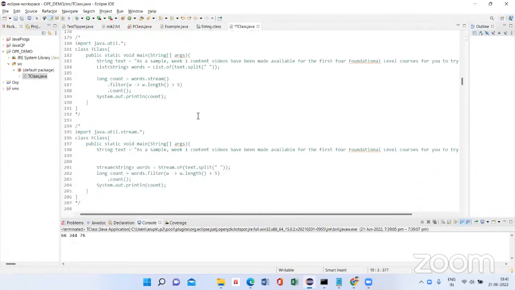Rather, you can think of a stream as a flow of data. The good thing about the stream compared to a collection: in a collection you can have a number of data, and inside the stream also you can have a flow of data, but where is the difference? First, the difference is